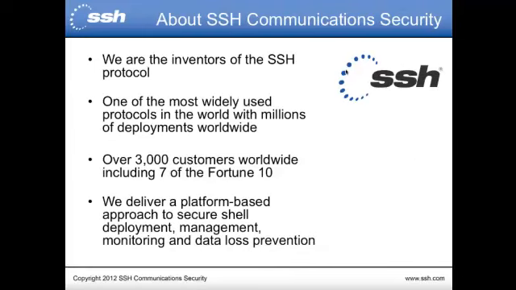So a little bit about SSH Communications Security. As I said before, we are the inventors of the SSH protocol. It's one of the most widely used protocols in the world, with literally millions of deployments across the globe. And this is used in organizations large and small, enterprise scale to mid-size, and across almost every vertical you can imagine. Within our own customer base, we have 3,000 customers worldwide, including 7 of the Fortune 10, and I believe about 40%